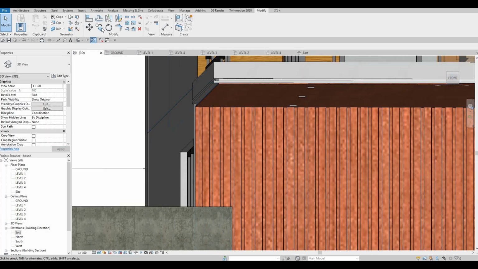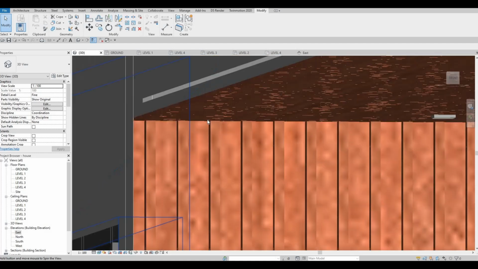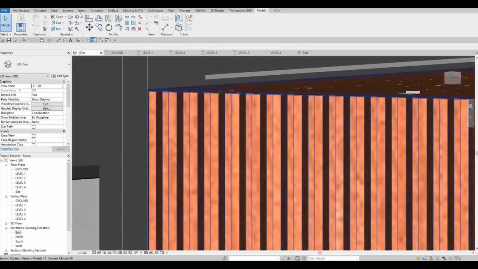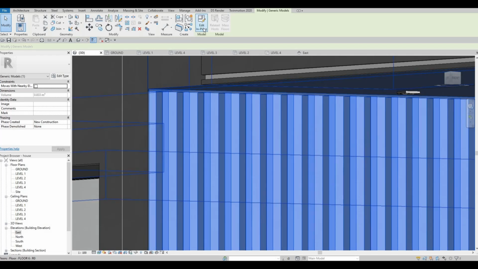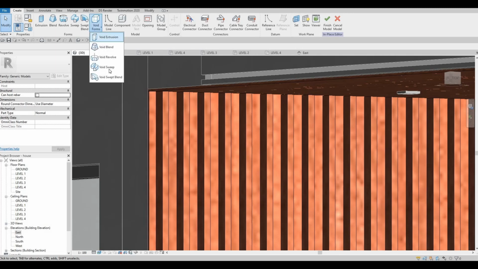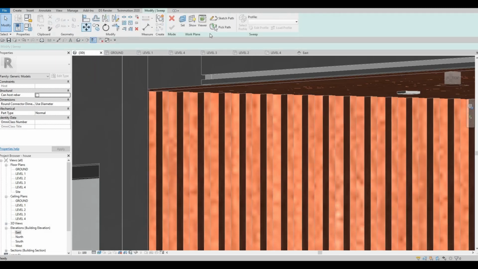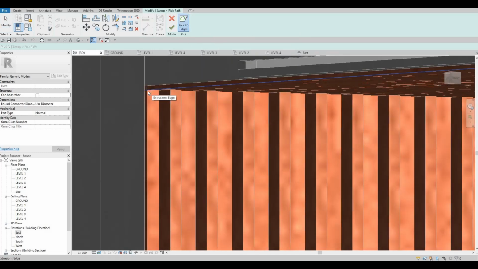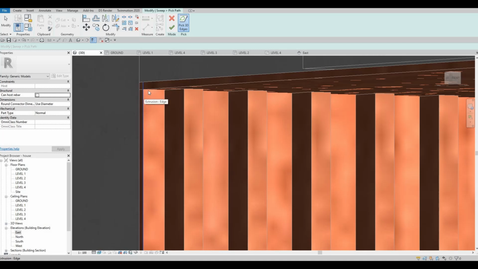So what I'm gonna do is I'm gonna select this one instead, add it in place, and then here not void sweep, but we need to create a sweep. Pick path, and then I'm gonna select this path right here,